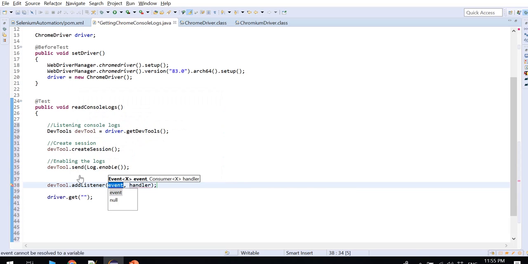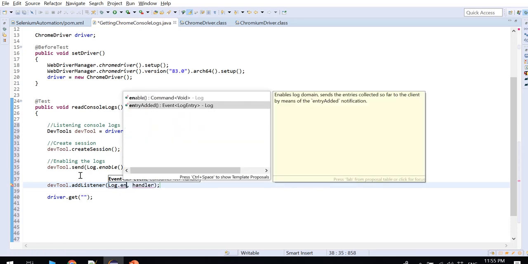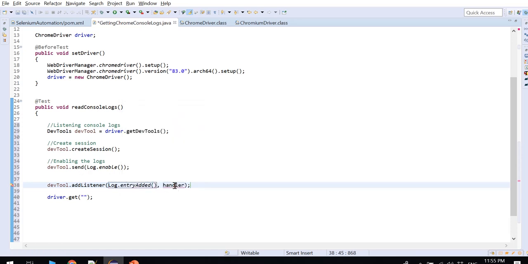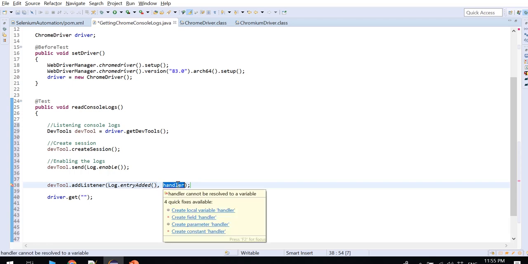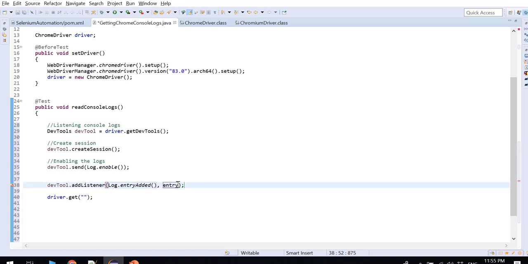This is a listener which will read all the logs, Log.entryAdded. This is the syntax you have to follow, and here you will say entry, and it will return the logs here.